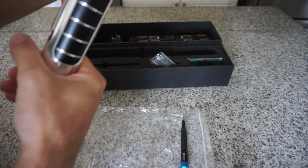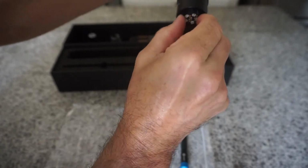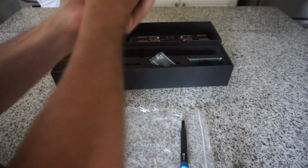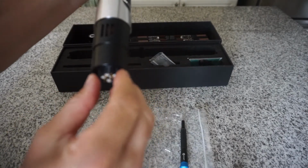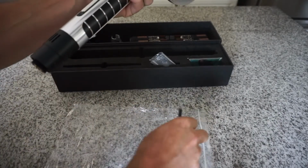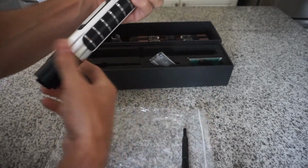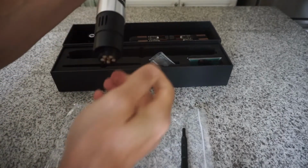What I do, hopefully I can get this on camera, is called the palm slap. It's going to be difficult to get your fingers in there, so you've got to give it a nice solid palm slap, and it'll drop out just a little bit. And that should be enough. No. Pretty sure I loosened that up. Might have to give it a second palm slap. Yeah, that looked...